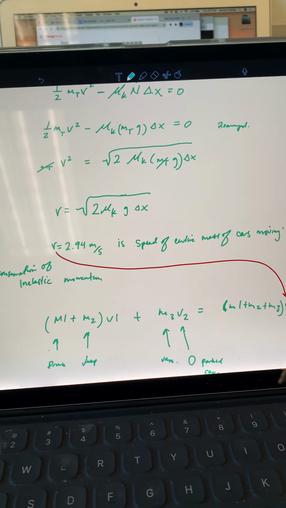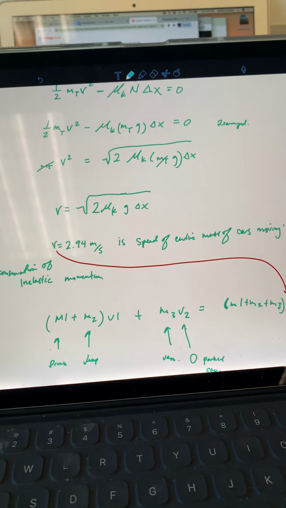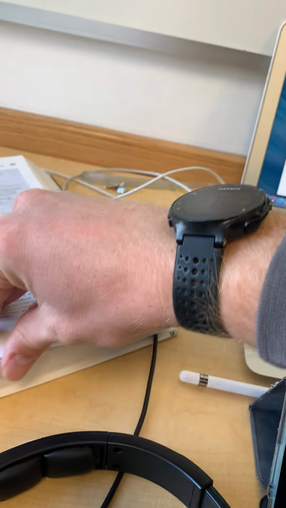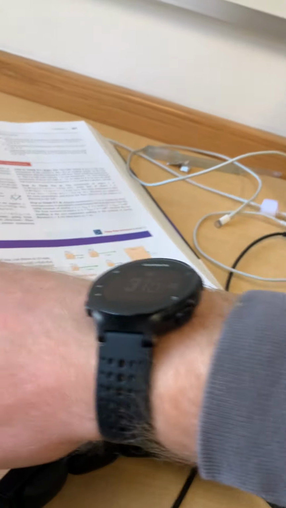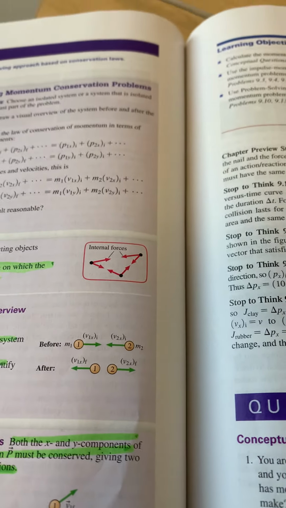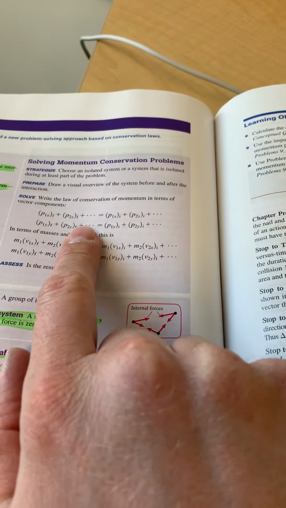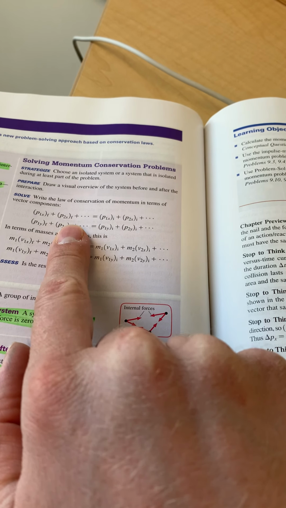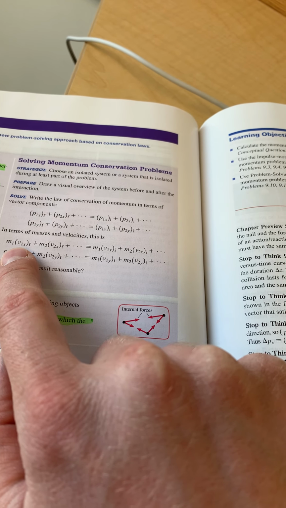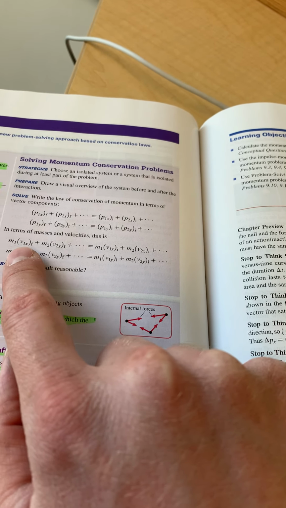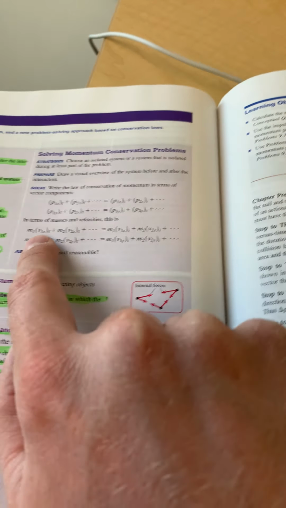So now we're going to go with the conservation of momentum, and we're going to have an inelastic collision here. So if we go to the textbook, I don't know if this is way too in-depth or not. Maybe I shouldn't do it this way. But in terms of the masses and velocities, when you have the conservation of momentum, in terms of the components, the mass 1 times the velocity 1, well, actually, these are the final. So mass 1, velocity 1 final plus mass 2, velocity 2 final should be equal to